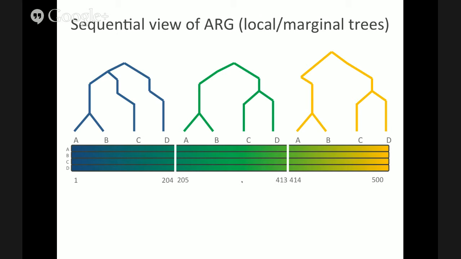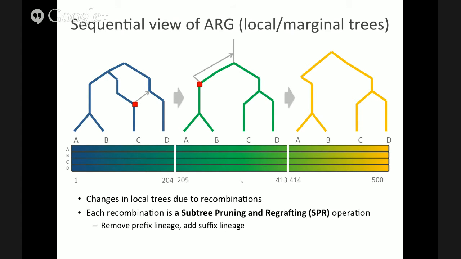And actually, neighboring trees are extremely similar, and they only differ by single SPR moves, so subtree pruning and regrafting operations. This is an operation probably fairly familiar to people within phylogenetics. It's an operation used to search tree space for doing maximum likelihood and parsimony and many other methods. But here, the reason why one tree changes from the other is because of recombination that